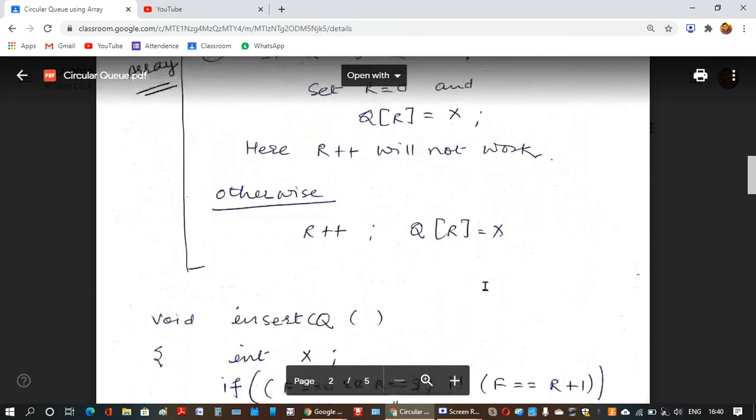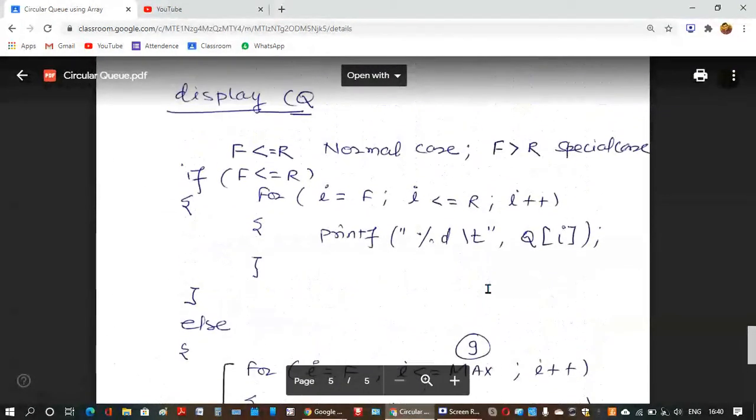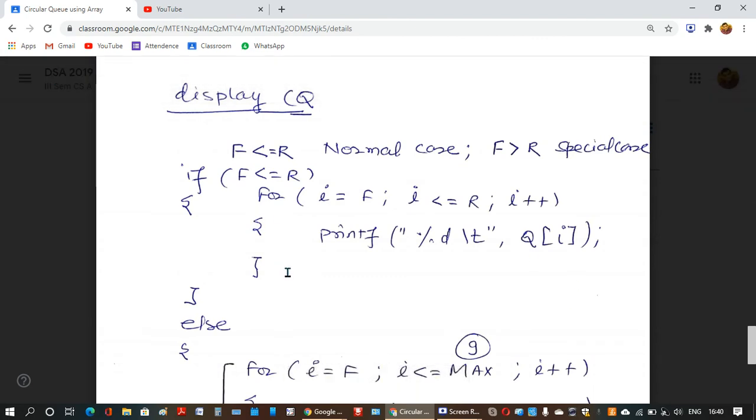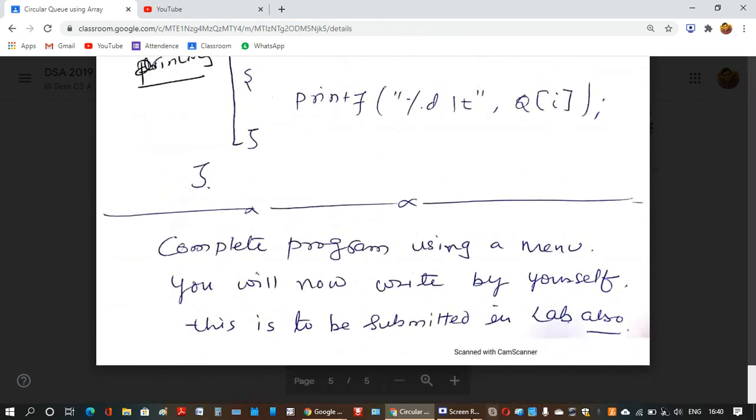So here in displaying, you need to take care. If it is normal case, that means front is less than rear, so start from the front and go up to rear and print it. But if front is greater than rear, means you need to go from front to maximum and 0 to rear and then display it.